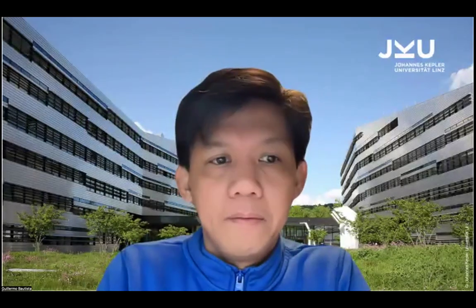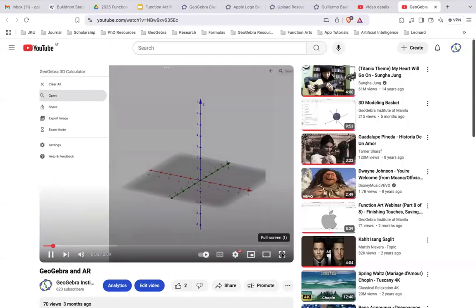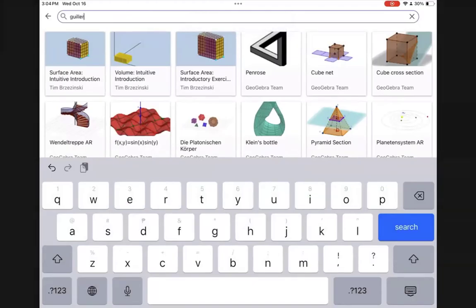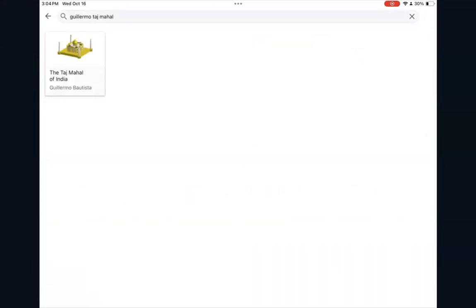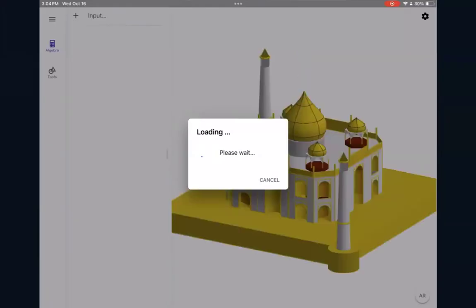Oh, this one. So you can use augmented reality in GeoGebra. I created this Taj Mahal model, and you can actually use it